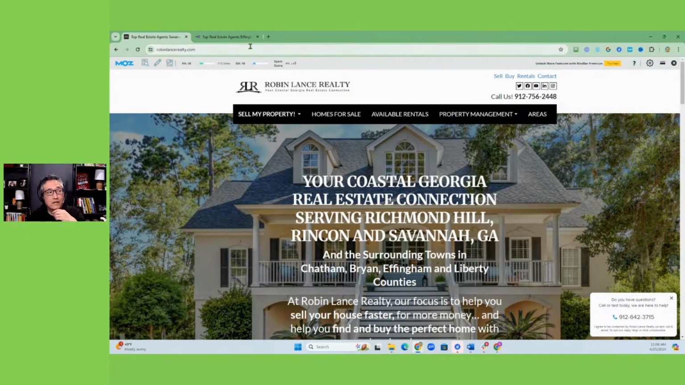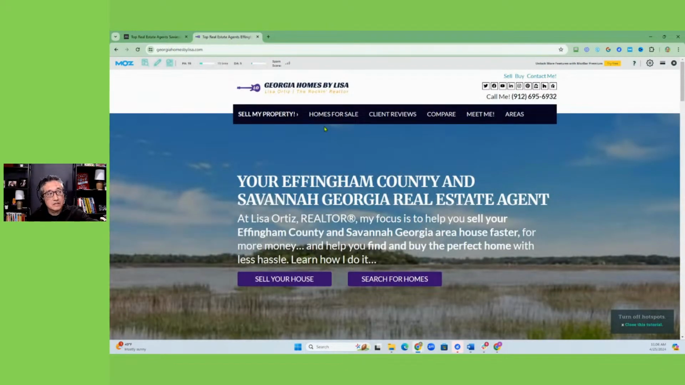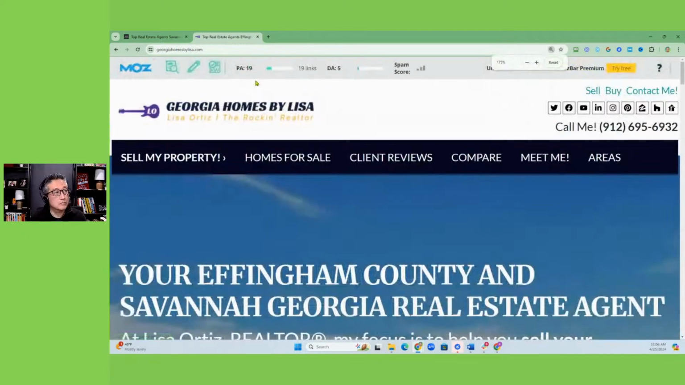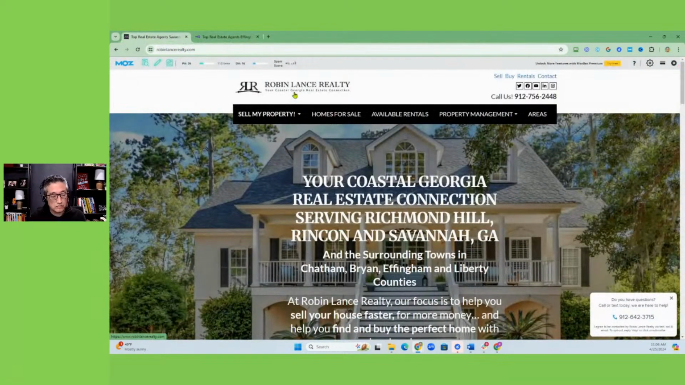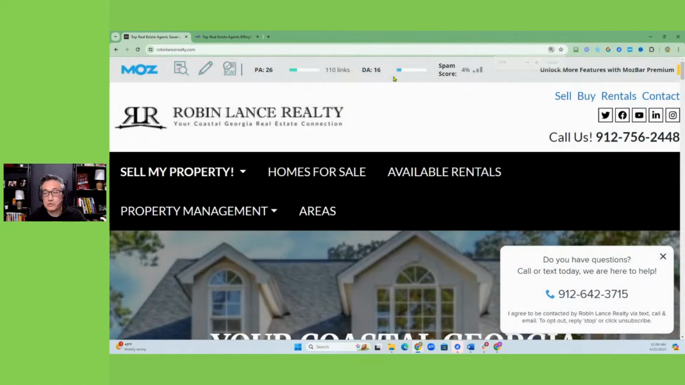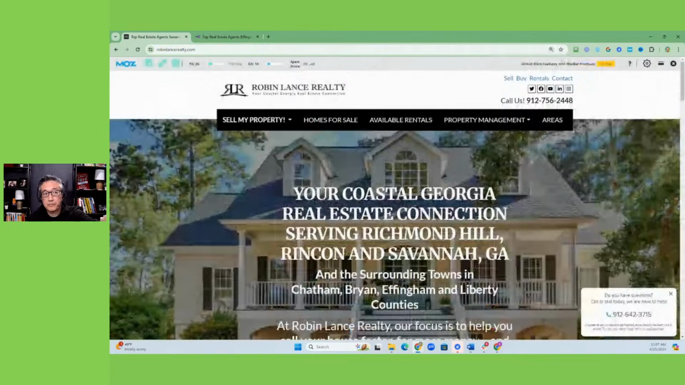Let's just say hypothetically, if this is Lisa's website, her domain authority is only 5, as you can see here. DA stands for domain authority. Hopefully you can see it. Maybe let me zoom in here. So you see her domain authority is 5, and Robin Land's domain authority is 16. It was higher. So if we were to add Lisa onto her page, we're basically going to feed a